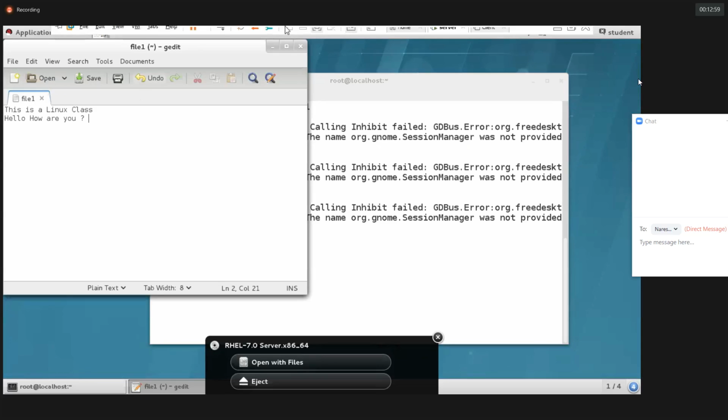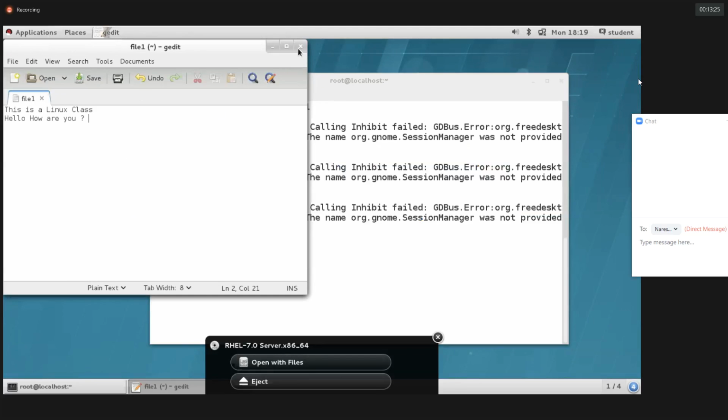Guys, did you feel any difficulty here to edit the files with the help of gedit? No. So we know very well about gedit because we know Notepad. The gedit and gvim both are similar, so we don't have much difference. By default we don't have gvim. We need to install the gvim.